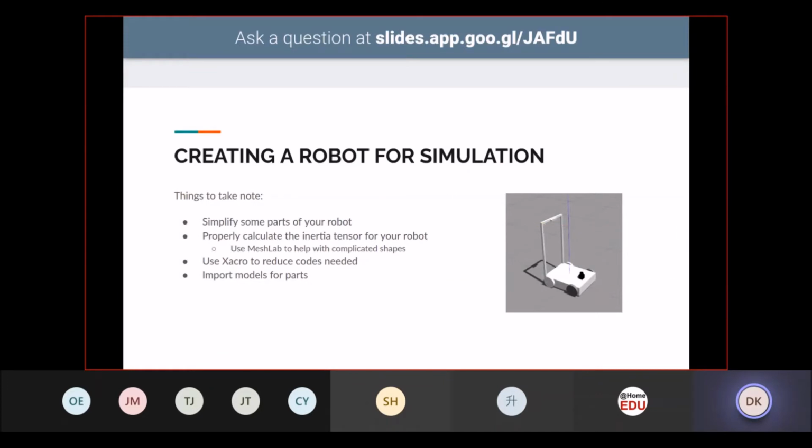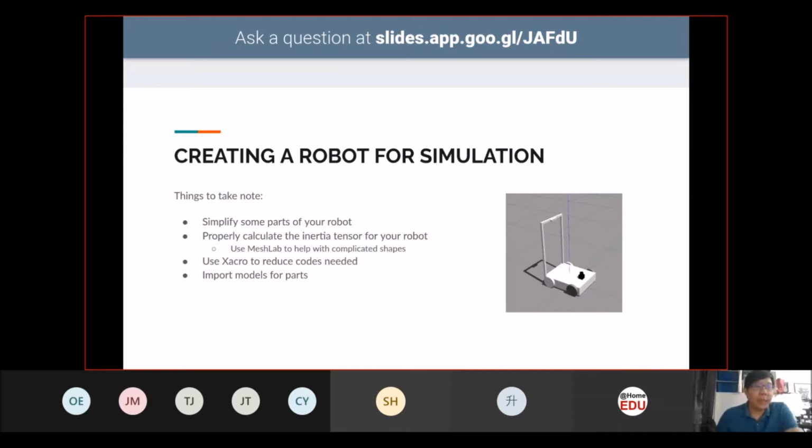Because Gazebo itself runs a physics simulation, things like the weight of your robot will affect the simulated output. So, for example, when we build the robot itself, we need to make sure that the center of mass is almost accurate and almost similar to the real robot itself.